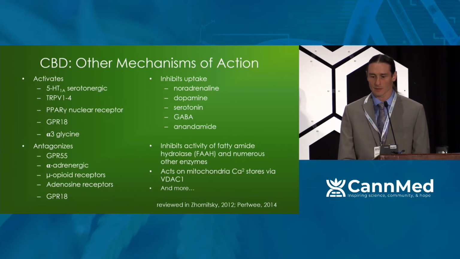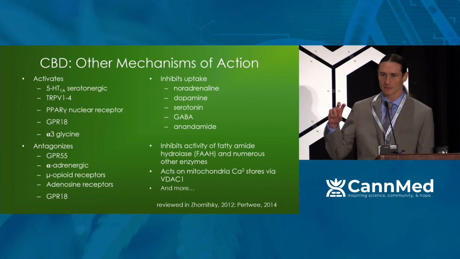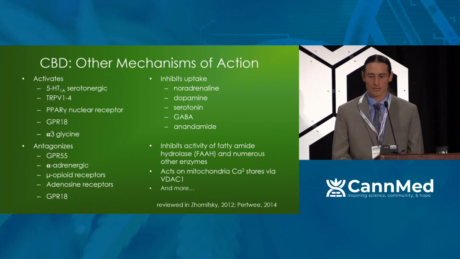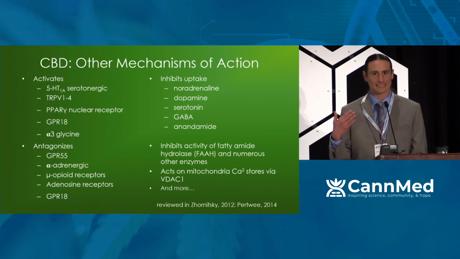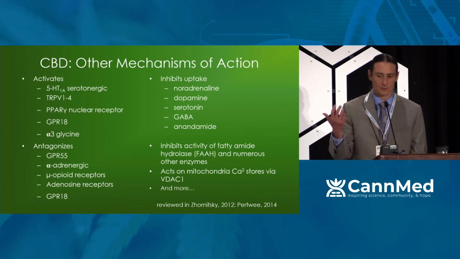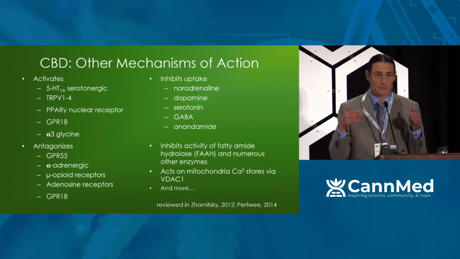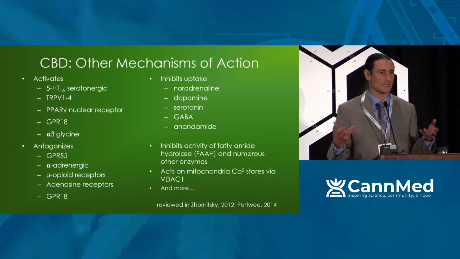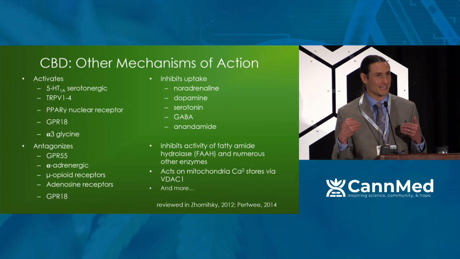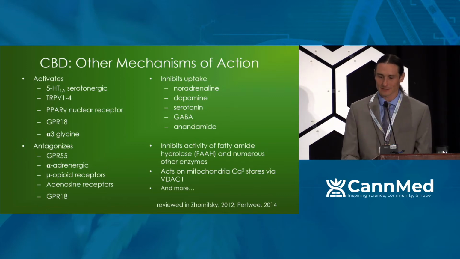And if you notice the bottom one there, anandamide, which is quite important. So while CBD is turning down the volume at CB1 and maybe CB2 as well, it's also enhancing the activity of anandamide by keeping it around in the synapse, by inhibiting its reuptake, and also weakly inhibiting FAAH, which is the enzyme that breaks down anandamide. So actually two different mechanisms of increasing anandamide activity, which would then enhance CB1 signaling. So CBD is kind of working on CB1 in two different directions here.